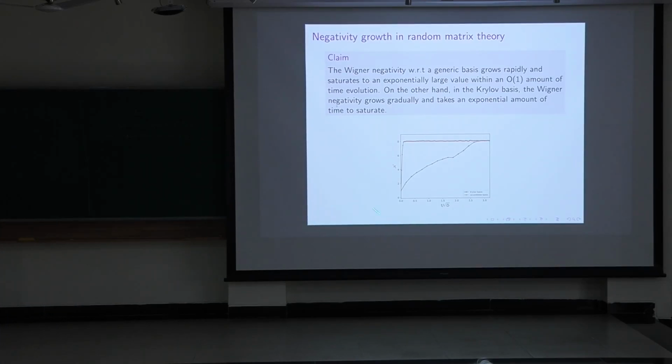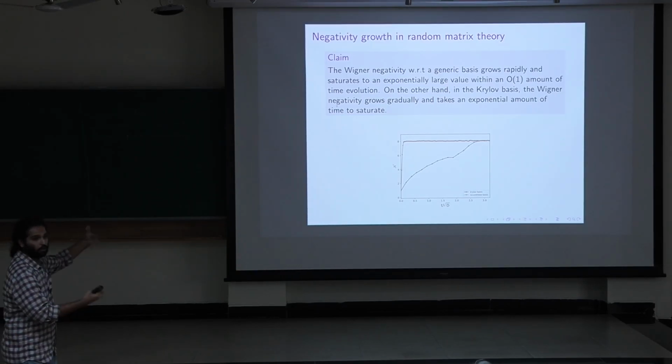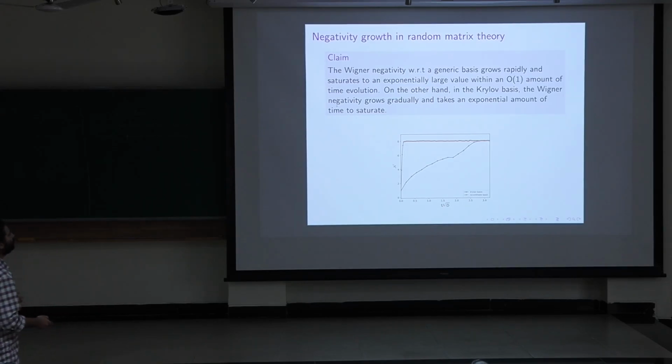Okay, so here I'm showing you a numerical plot of the negativities. The orange curve is the negativity calculated with respect to the basis in which the Hamiltonian is a random matrix. And the blue curve here is the negativity calculated with respect to the Krylov basis. So at least numerically you can see that in a generic basis the negativity almost instantaneously shoots up and becomes exponentially large. In the Krylov basis it seems to grow gradually for a while and then at a very late time saturates to this